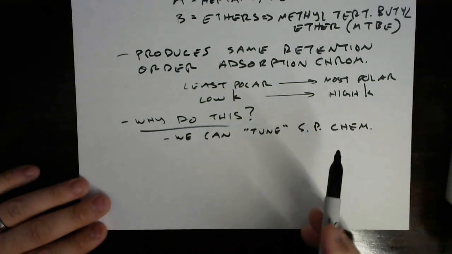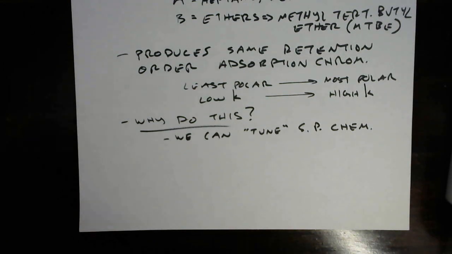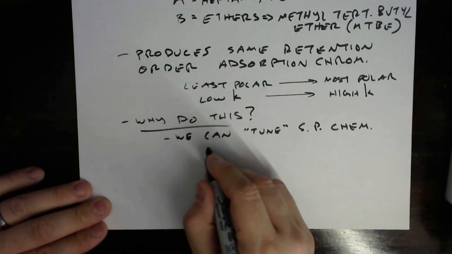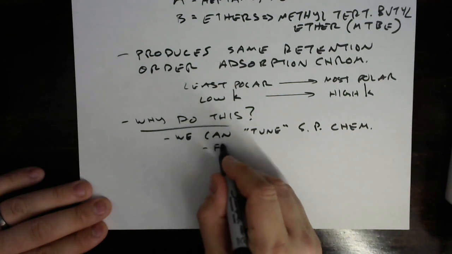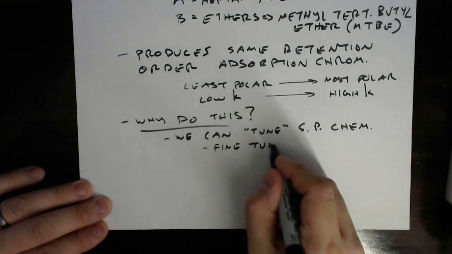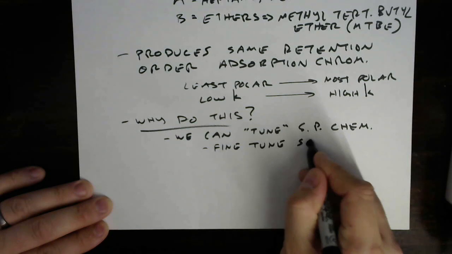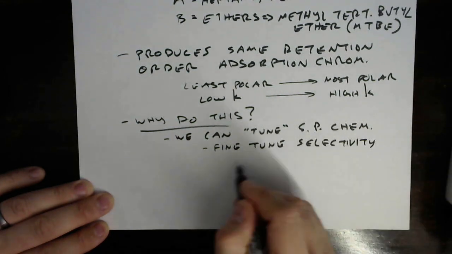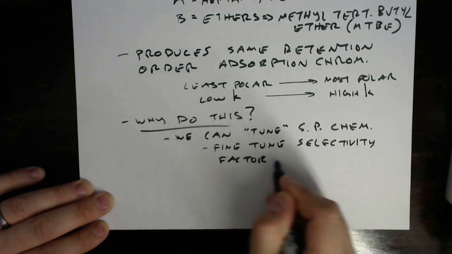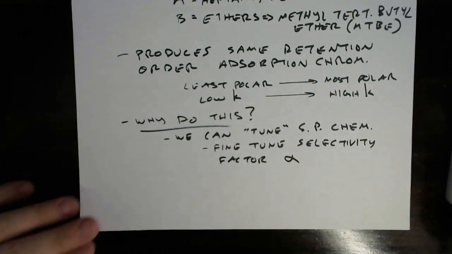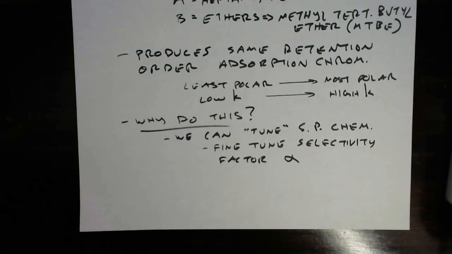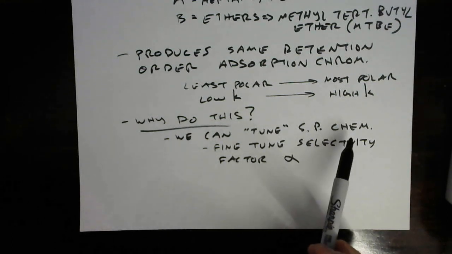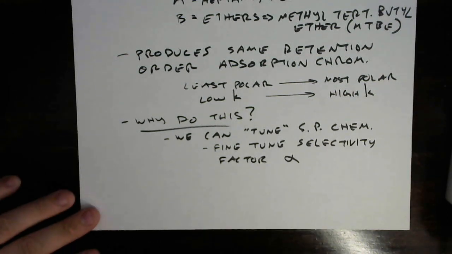The ability to tune the functional groups that we see at the surface is essentially saying that we can fine tune the selectivity factor, which we've talked about previously in the semester. This was factor alpha, right? This is the ratio of retention factors, basically. So the ability to fine tune that surface chemistry, which we cannot do with silica, which just gives us hydroxyls,